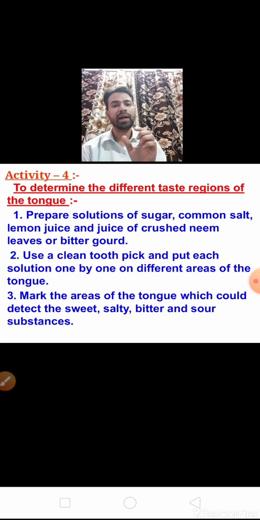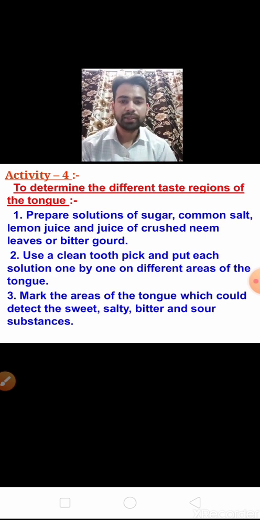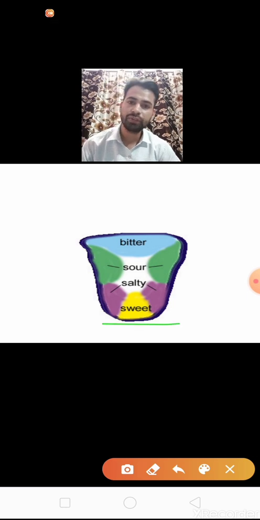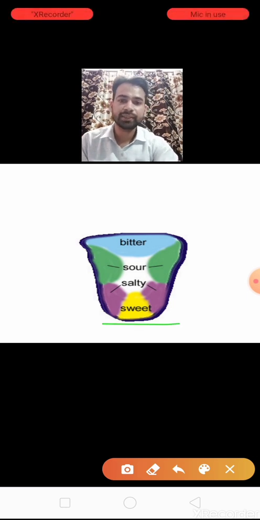The first part on the outer side tastes sweet. You can see the first part, that is the region of sweet taste. The second region of our tongue tastes salty. The third region of our tongue is sour. And the last, fourth region of our tongue is bitter.